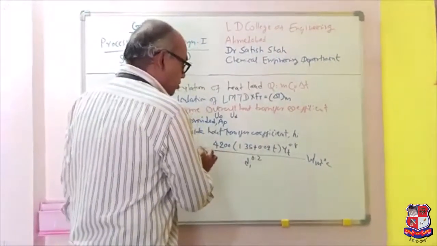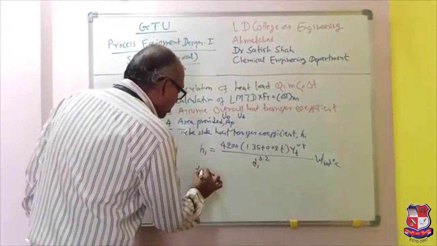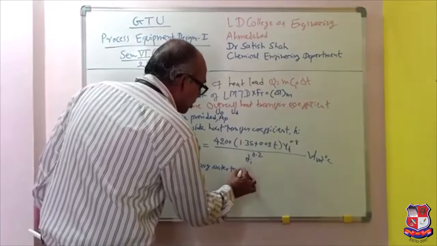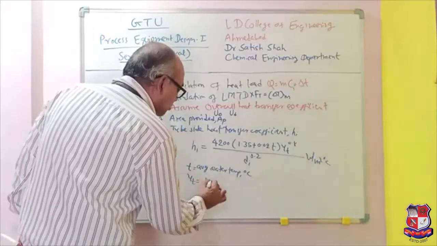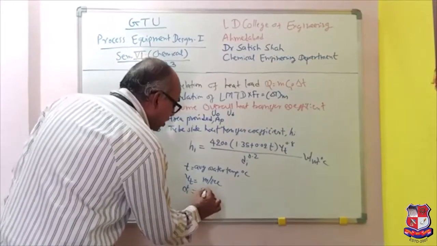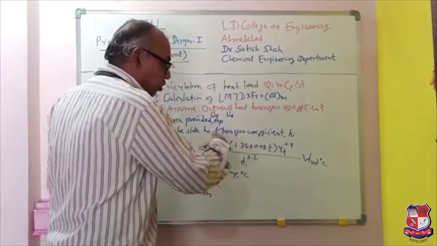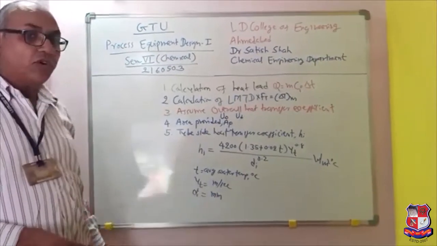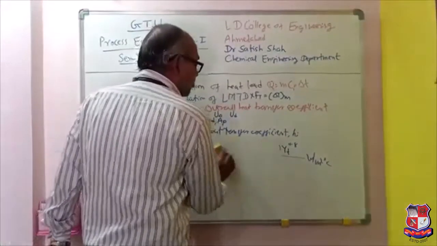Here, this is an empirical equation. You have to use the value of T, that is the average water temperature in degree Celsius. ut, that is the water velocity, you have to take in meter per second. And di, that is tube ID, you have to take in mm. Remember, you should not make any mistake in taking this unit, that is very important. So once you take in this unit, you will get the value of hi straight away for the water. So this is all about the tube side heat transfer coefficient.